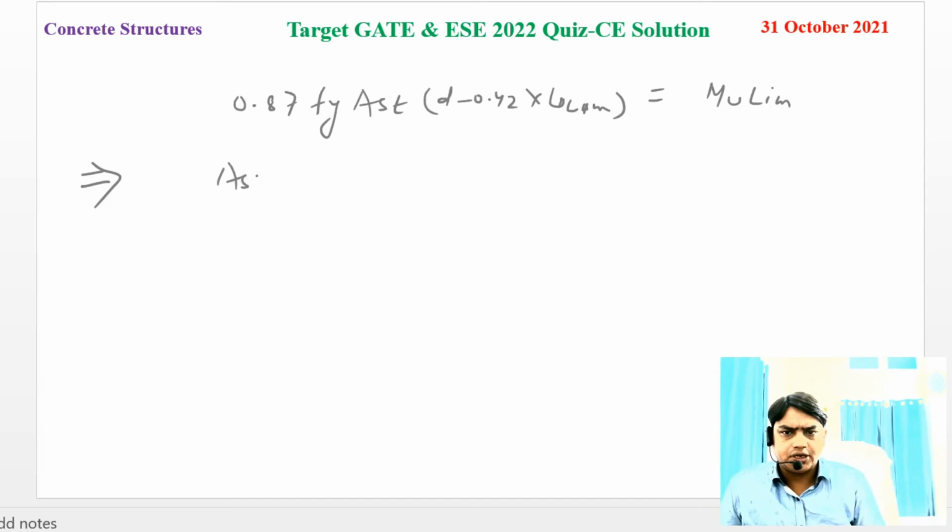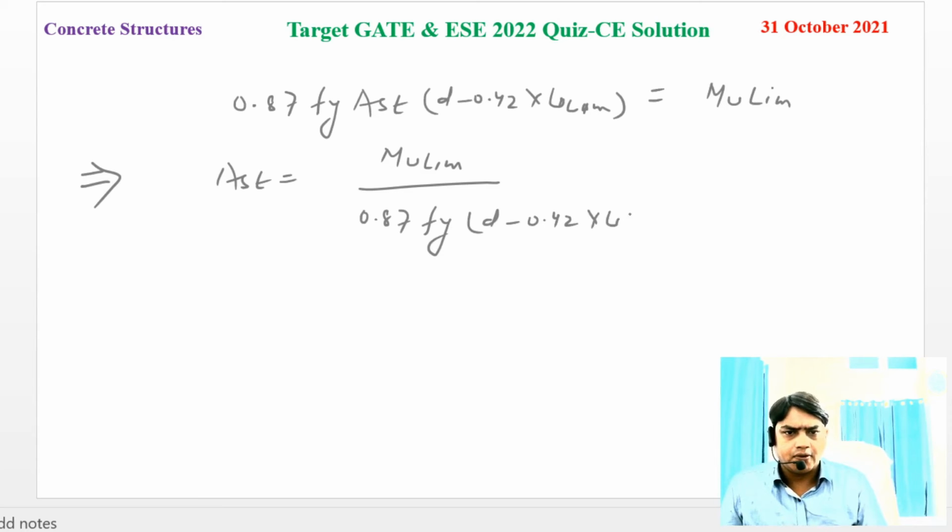So Ast can be written as Mu limiting divided by 0.87 fy into d minus 0.42 xu limiting. So Mu limiting can be written as 0.138 fck